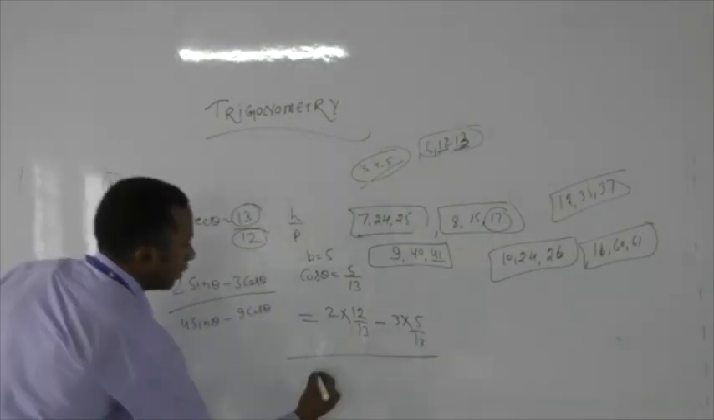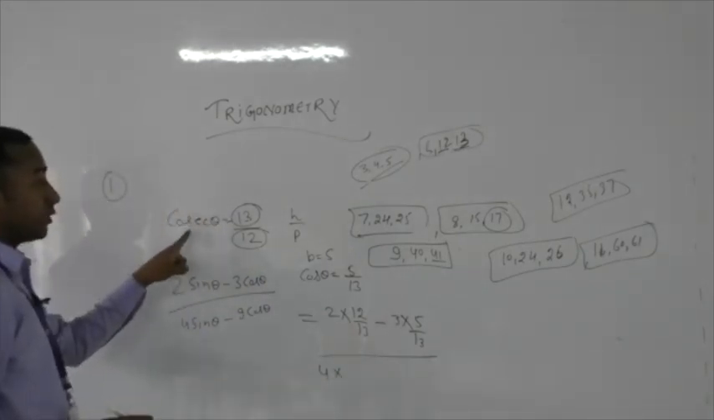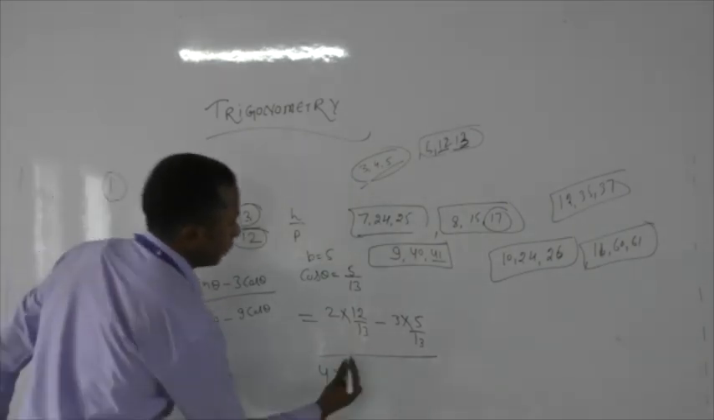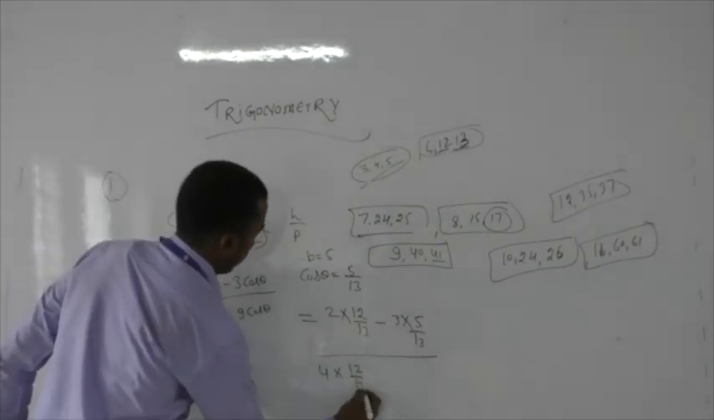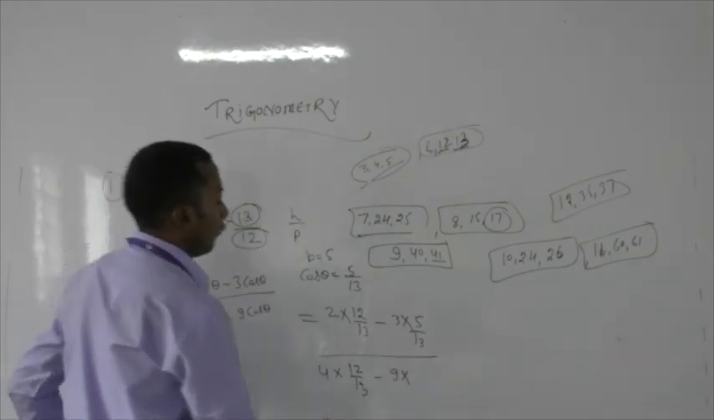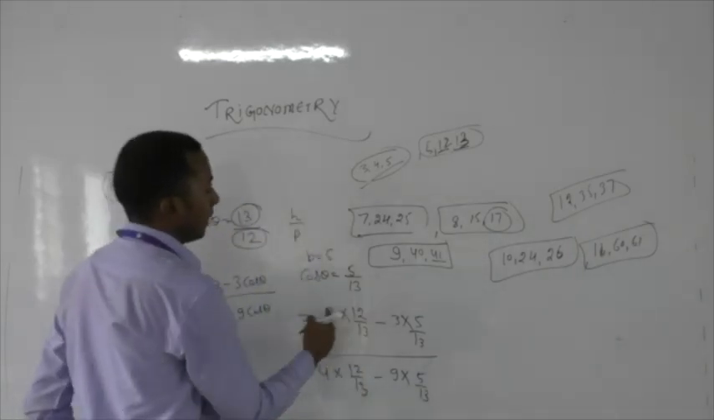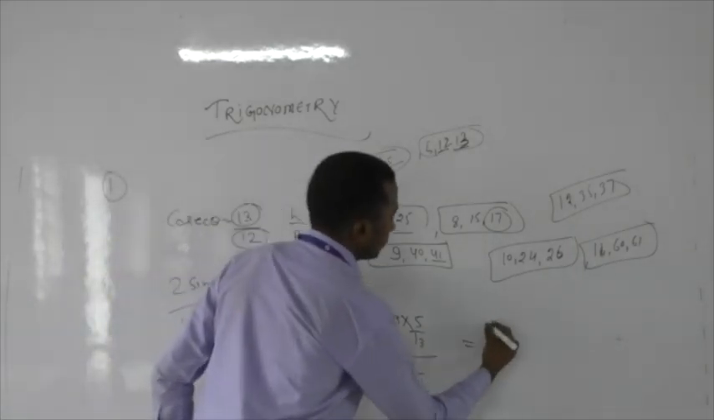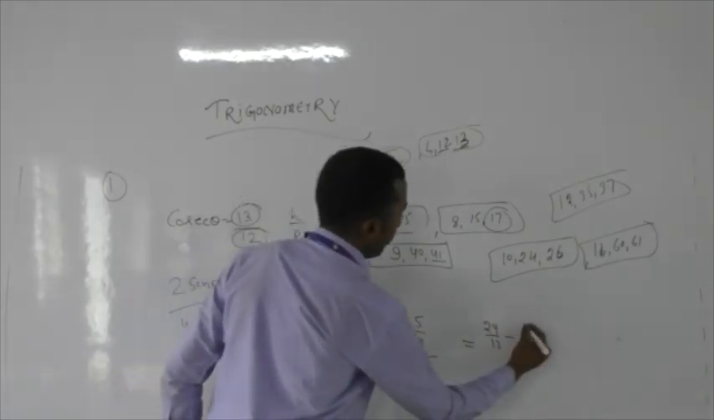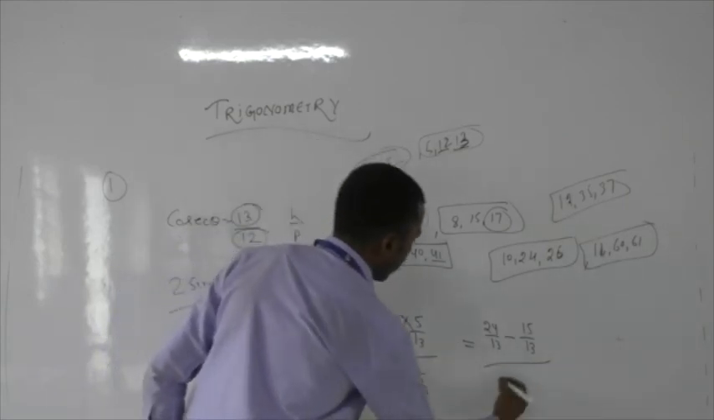Divided by 4 multiply sin theta. And sin theta is again the reciprocal of cosec theta. So you can put sin theta as 12 divided by 13. So 12 divided by 13, minus 9, cos theta again 5 by 13. If you simplify, 12 multiply 2, 24. 24 by 13 minus 3 multiply 5, 15 by 13. And this is 48 by 13